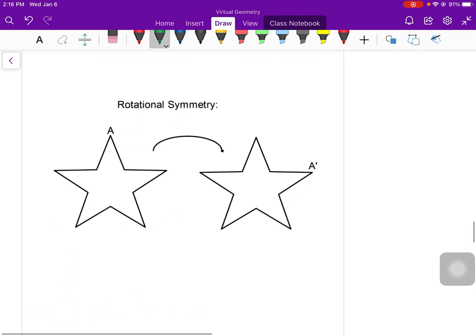All right. Now, next up, we're going to talk about rotational symmetry. So rotational symmetry is something that's probably pretty new. I know you've heard about line symmetry in the past or just symmetry in the past. We talked about line symmetry in the reflections notes. So rotational symmetry, I'm going to give kind of a somewhat nice definition. We're just going to say looks the same after a rotation